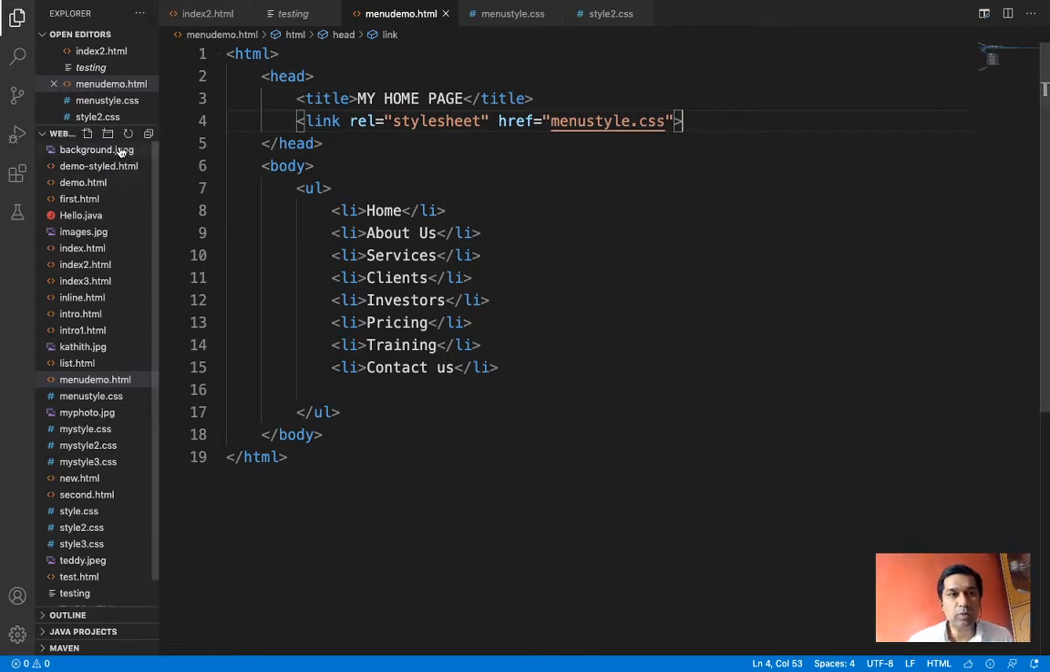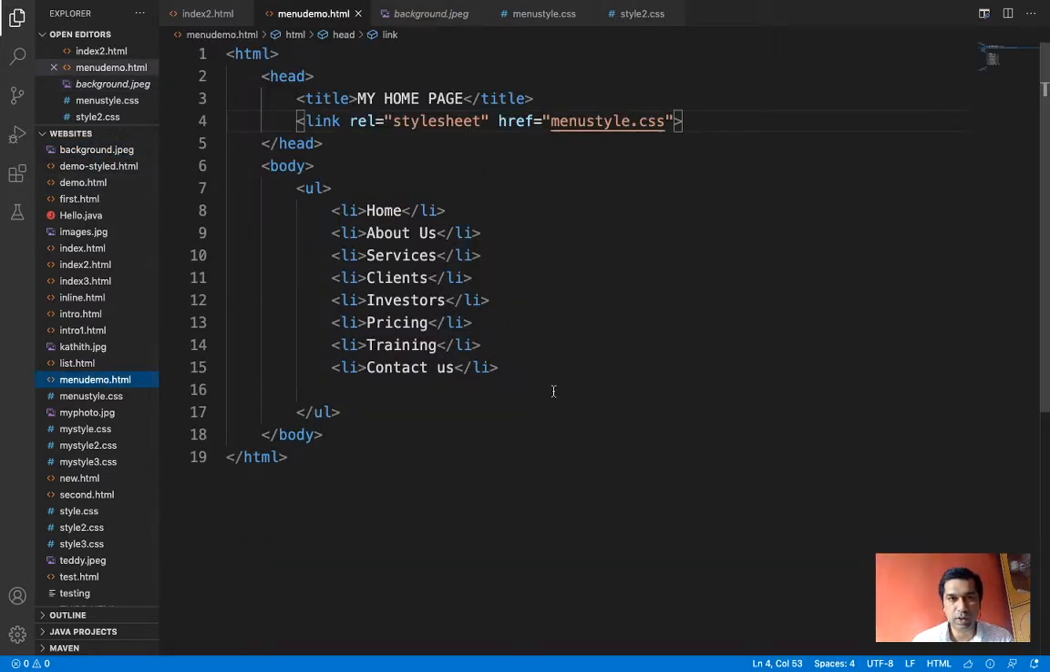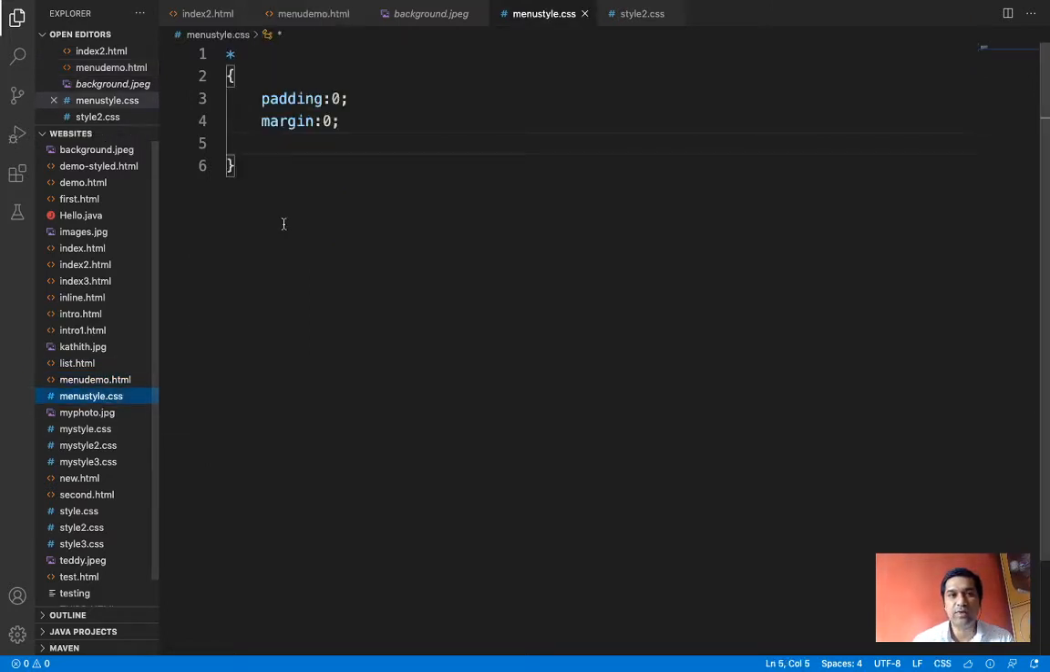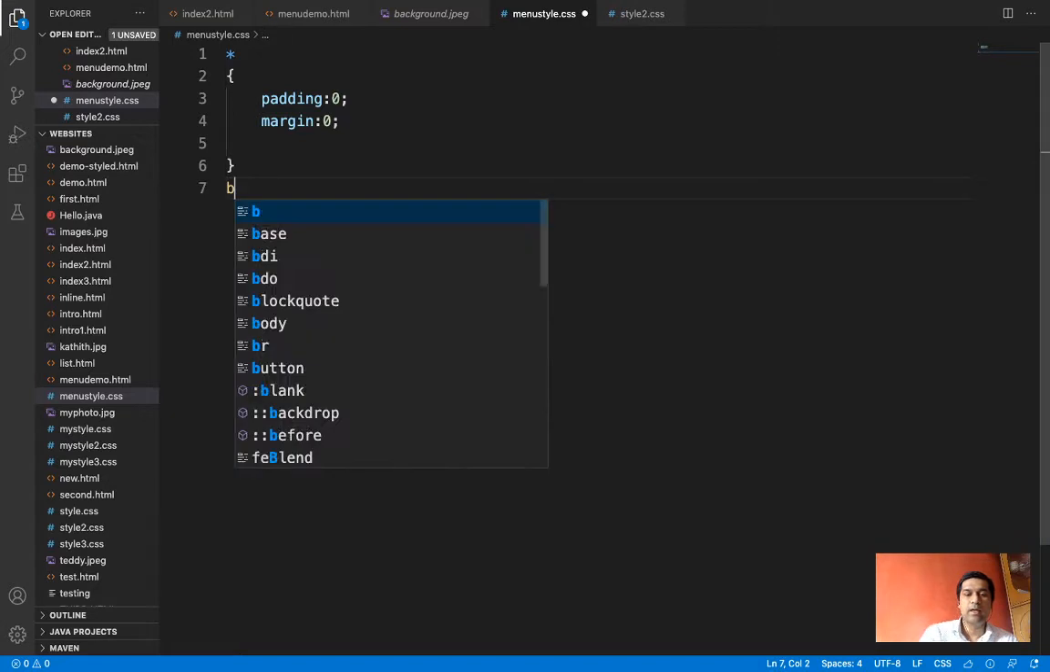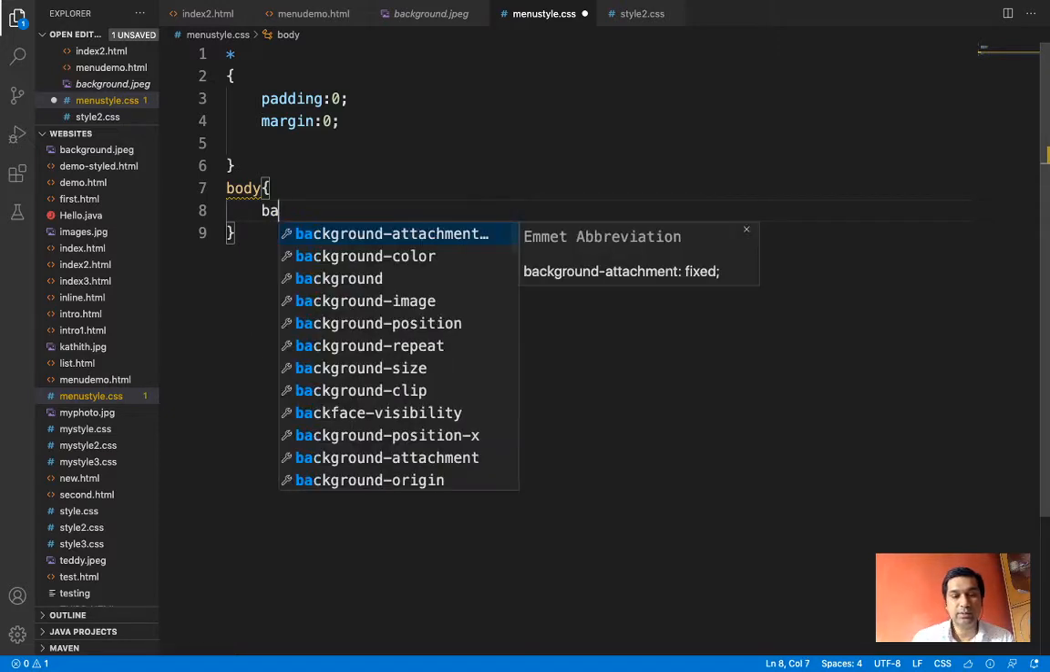Now I'm going to add a background image. I've already selected an image from Google, and the file name I've given is background.jpg. This file I want to add as a background in my HTML code. So I will go back to my menu demo.html. How to add it, students: we can take the help of the CSS file to do the adding. In the body tag which is defined in the file, I'll use the body selector and write